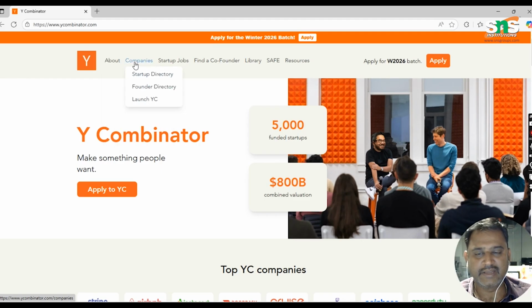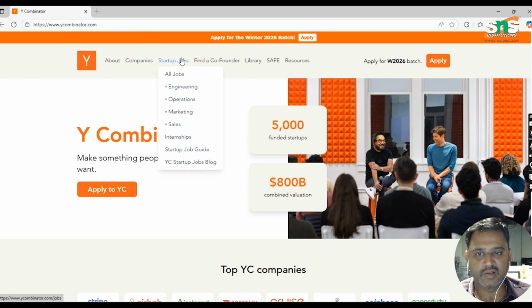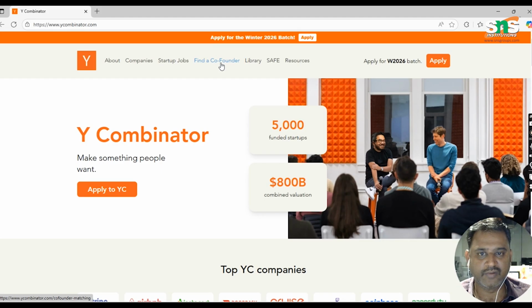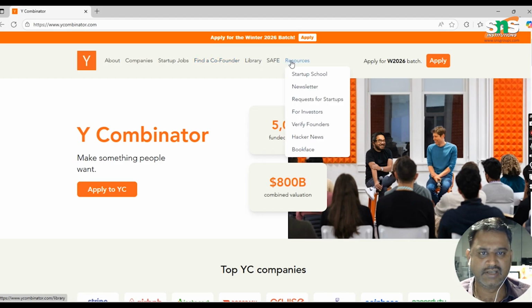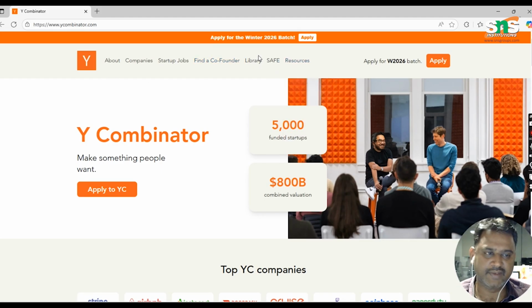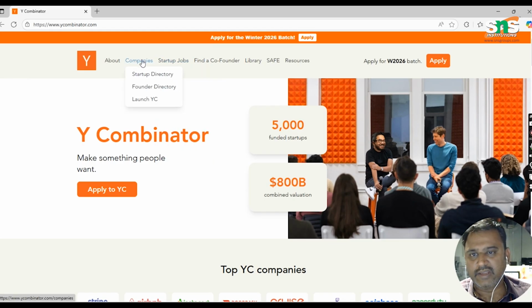it has a companies tab where startup, founder, launch YC options will be there, and also startup jobs will be there in the Y Combinator, and we could find a co-founder and a lot of resources from Y Combinator. Okay, so in case the student is going to select the problem statement from Y Combinator